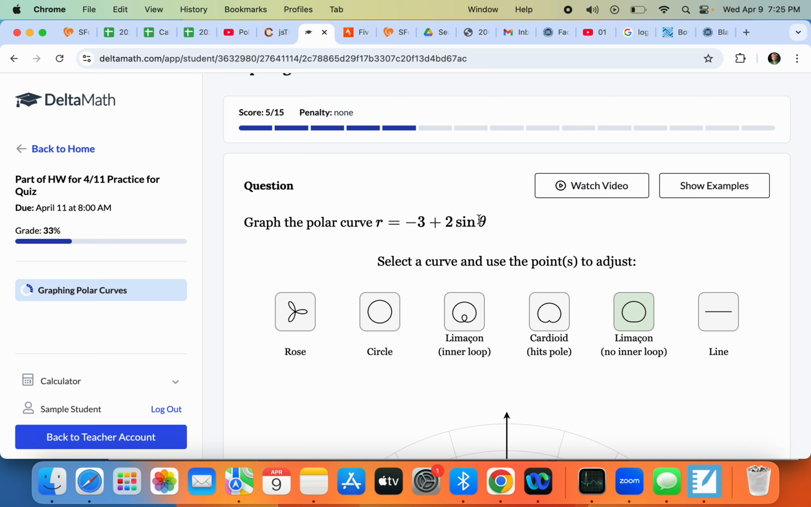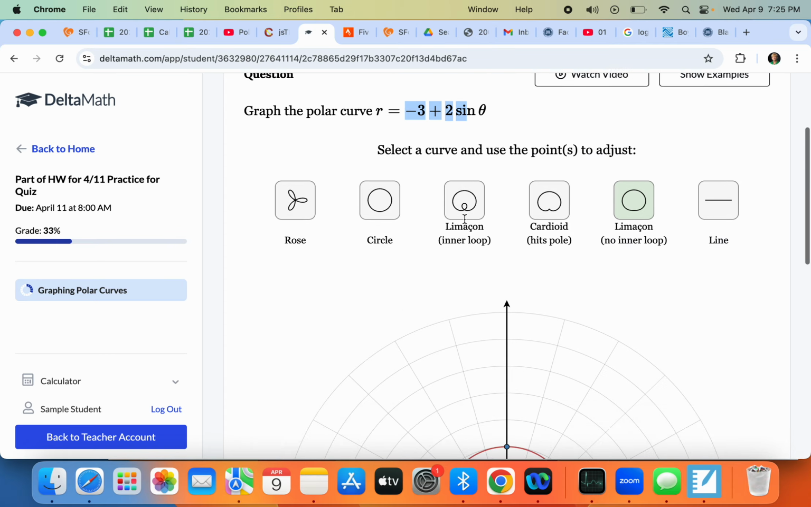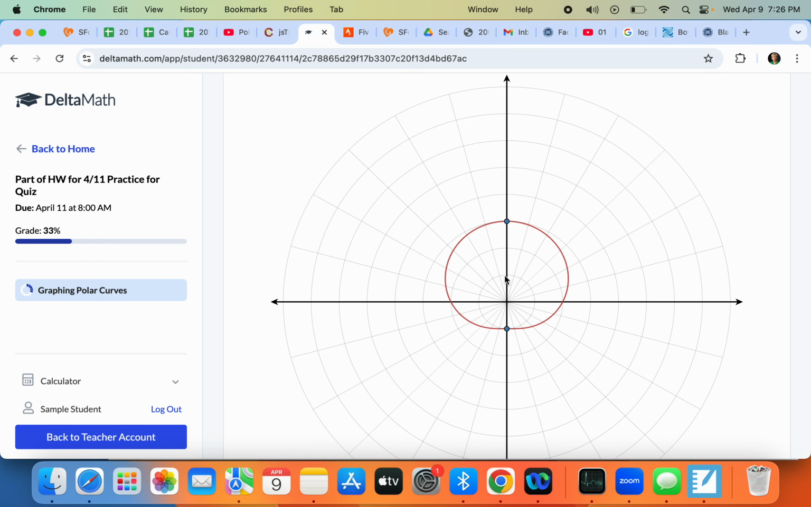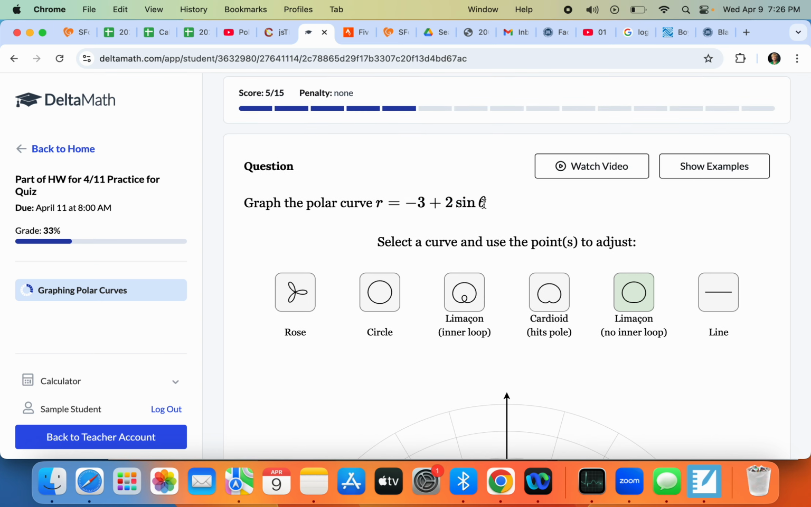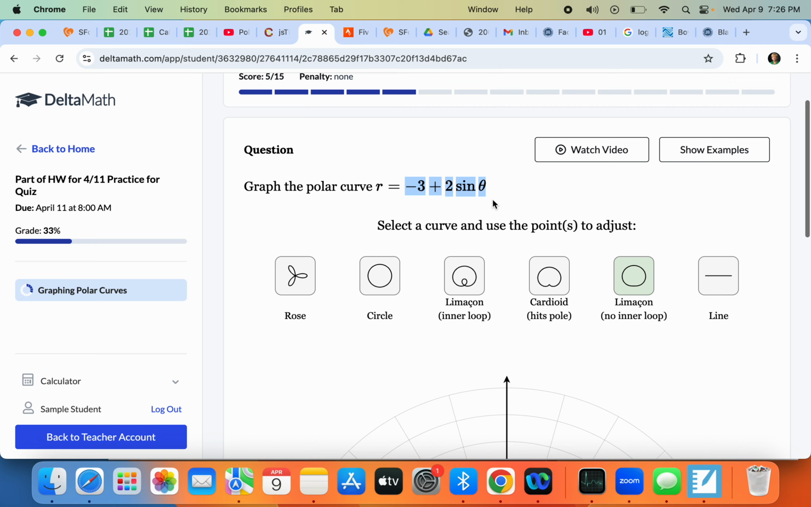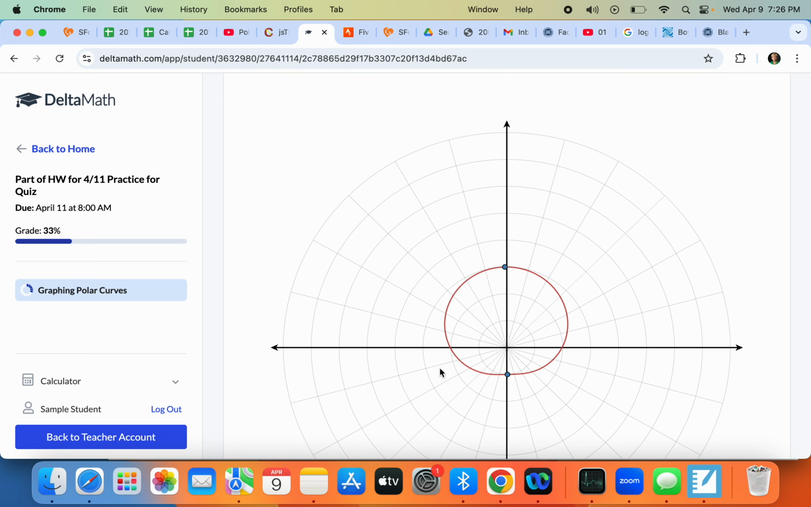Think of yourself pointed toward pi over 2. If you point toward pi over 2, that would end up giving you 2 times 1. Negative 3 plus 2 is negative 1. So I'm pointing to pi over 2, but I go back 1. So it's kind of in the right place. So I was pointing pi over 2, but I had to go backwards. Now let's go to 3 pi over 2, which is a good thing to do with sine. 3 pi over 2 is negative 1, so I get a negative 5. Now if I rotate around and point 3 pi over 2,